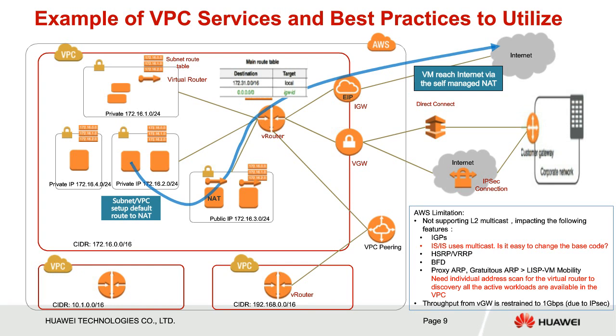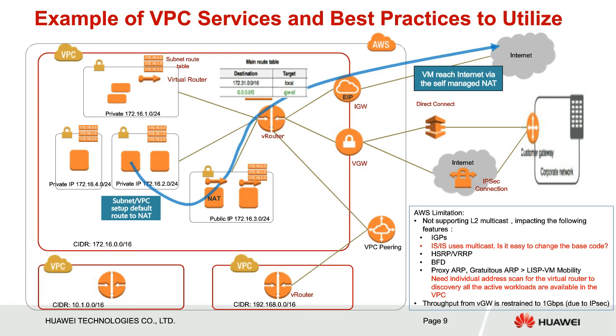The simplest one is the internet gateway. It's mainly for when you host web information for a general audience, and they can use the internet to reach those applications directly. No security is enforced. Maybe they will add DTLS and TLS for the application itself to have end-to-end security, but from a network perspective, there's no security. The second connectivity to the workload in AWS would be the virtual gateway.